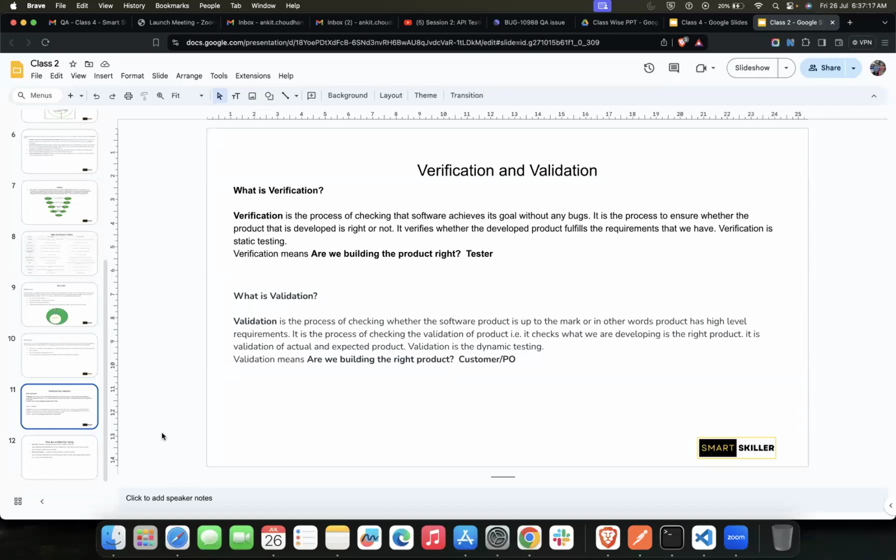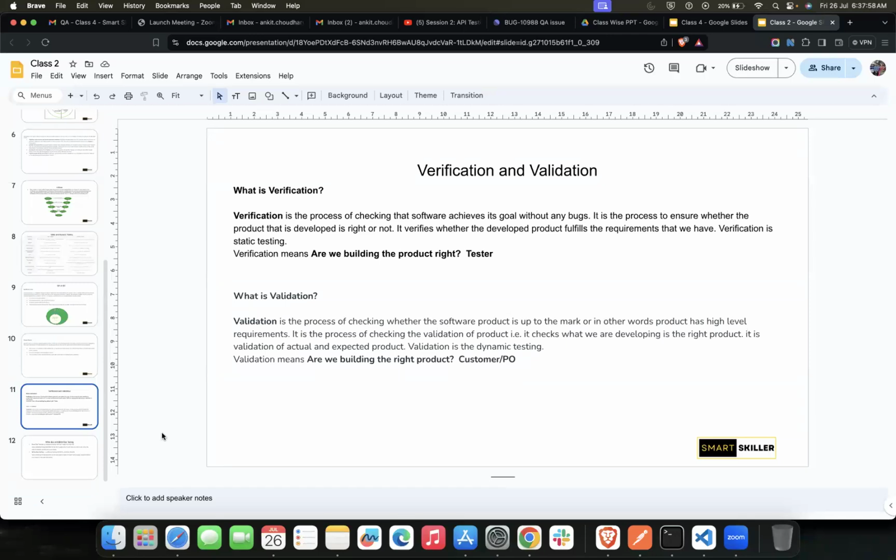So let's start with verification. It basically refers to what goal we need to achieve with the software that we are developing. We generally do it from the perspective of the tester. What exactly do we mean by that? Once you start a verification process, you must be sure that the product has been developed correctly.